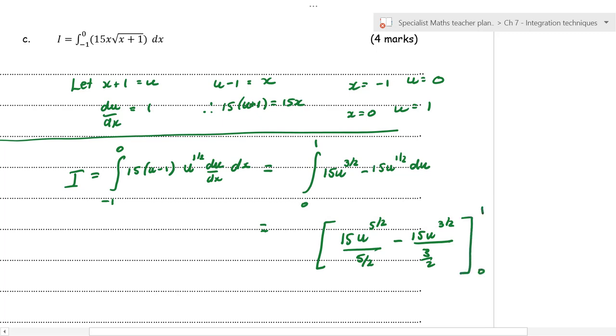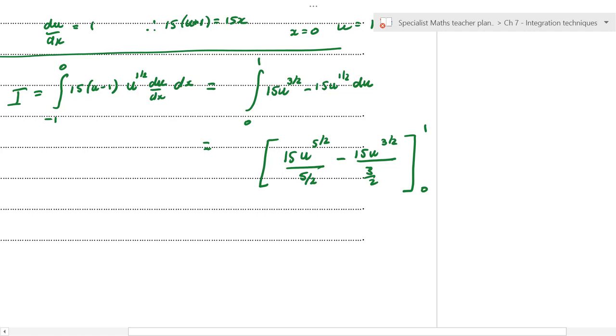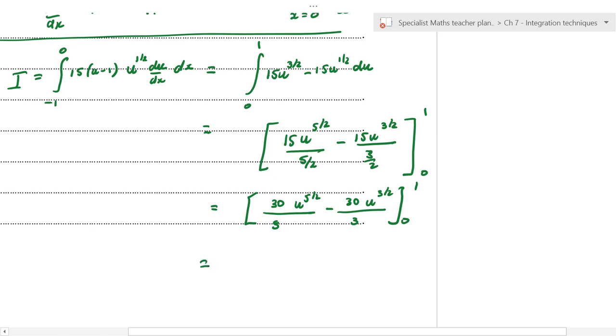Okay, so 0 to 1, like so. Now we're going to sub in the 1. That'll make our life a bit easier. But why don't we do this? Why don't we get the 2 on the top, which makes that 30, and the 5 down the bottom, u to the power of 5 on 2, minus 30 over 3, u to the power of 3 on 2, 0 to 1. That's better. Now, if we put in 1, that's going to be